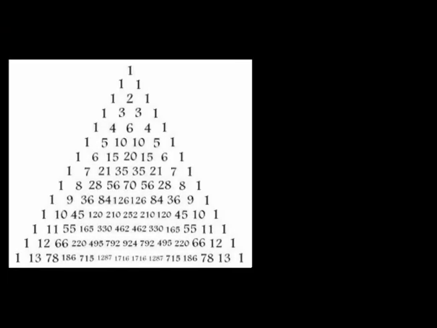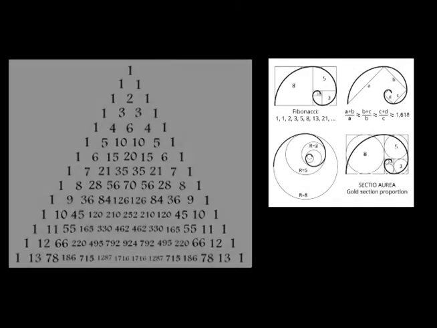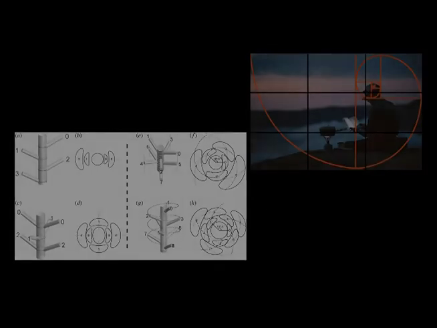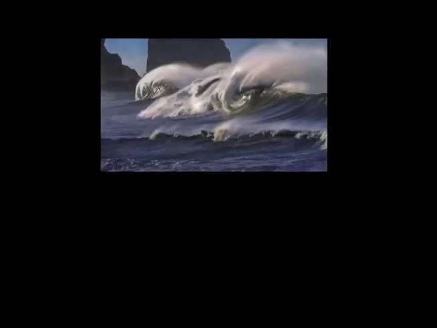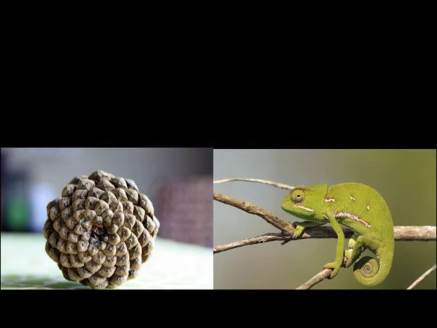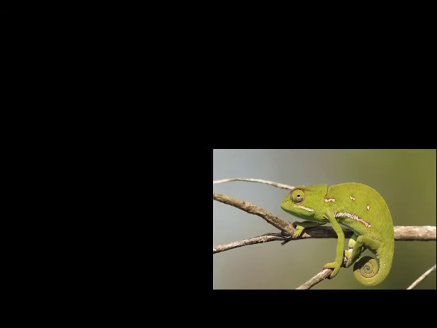Needless to say, the Fibonacci sequence is simply the outward expulsion of energy. The few naturally occurring examples I previously mentioned don't even begin to touch the surface of the golden spiral sightings in nature. Look at the way a wave curls, a pine cone matures, a chameleon's tail winds up. The golden spiral is everywhere we look.